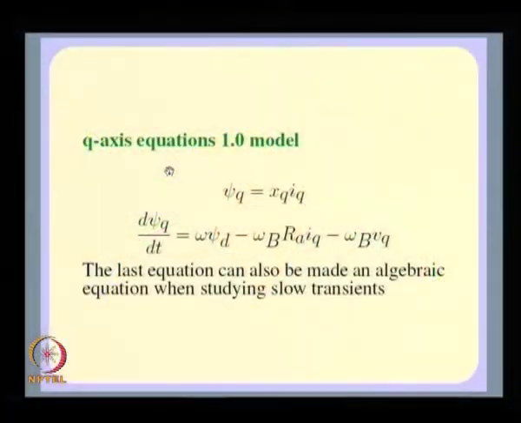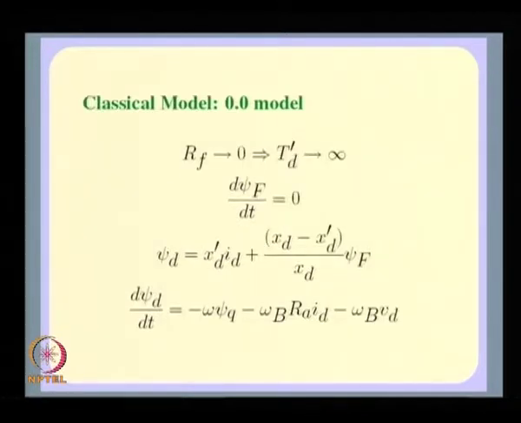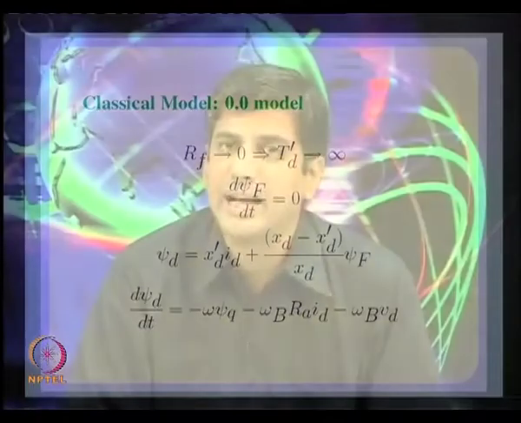Well, this is not a very respectable model, but I will just tell you how you can get to what is known as the 0.0 model, which is what is known as a classical model. A classical model is not a respectable model for getting realistic and quantitatively correct answers as far as synchronous machine behavior is concerned. For example, you cannot use classical model to understand the nuances of what happens during a short circuit in a synchronous generator. Okay. So, there are very great limitations in applying this classical model, but all the same I will just tell you what it is and how it is obtained and what kind of assumptions are inherent when you get to